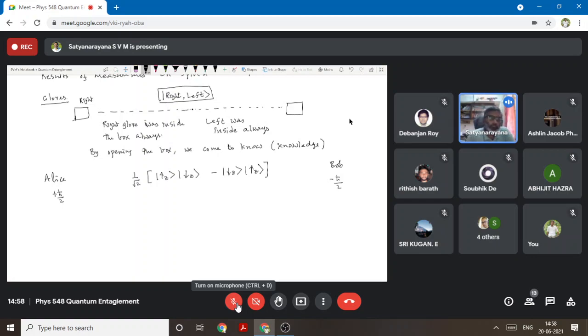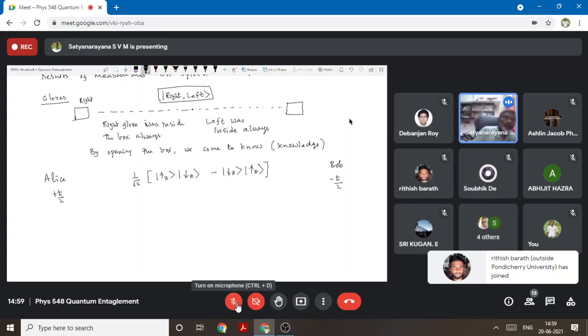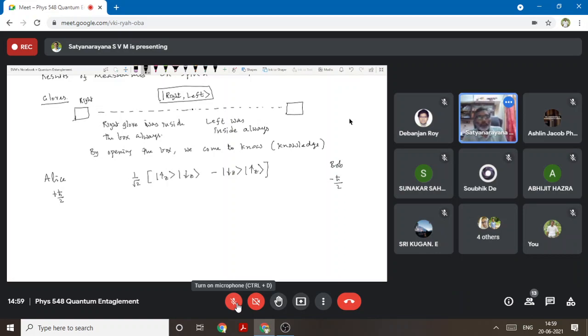Okay, so now the point is, this is what was a baffling thing for Einstein, Podolsky, and Rosen. That means if you are able to have this kind of a thing, there should not be any difference between this gloves problem and this problem. That means the spin of the particle should have some value, and the measurement is only making you know that. At the level of quantum mechanics, we are not able to make this statement because quantum mechanics is not the final theory.